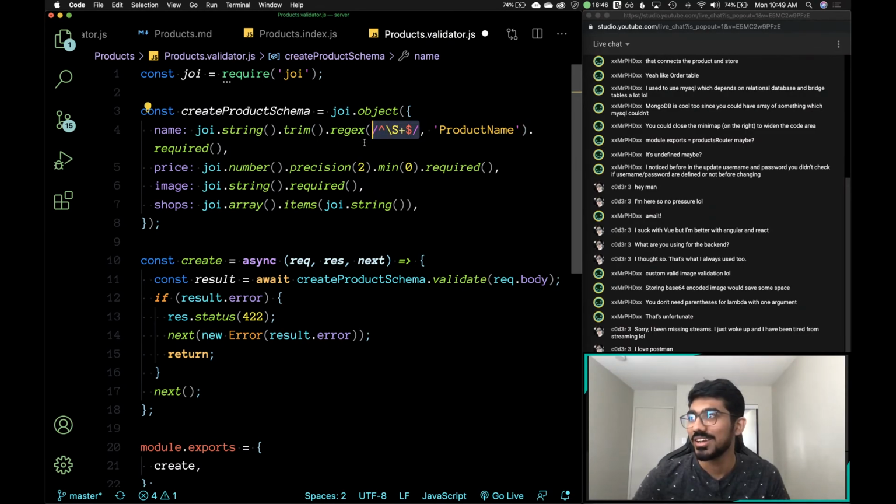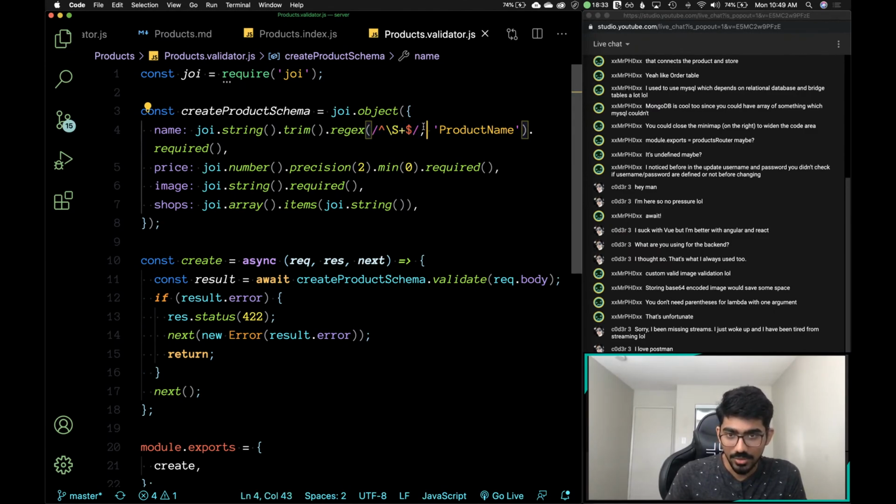I really need to take a class on regex. I completely forgot how they usually work. I'm still very confused in different ways that I write it. I think that's all we need